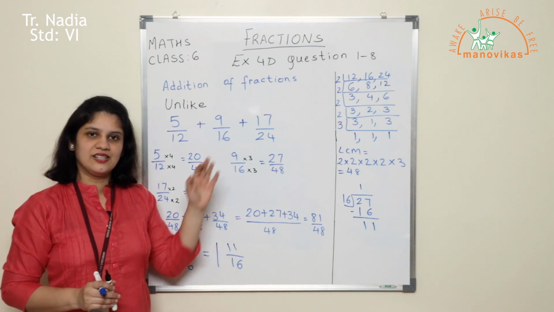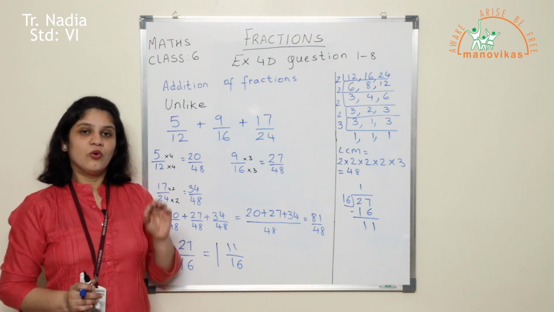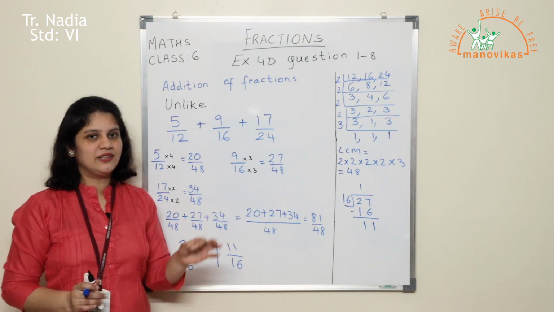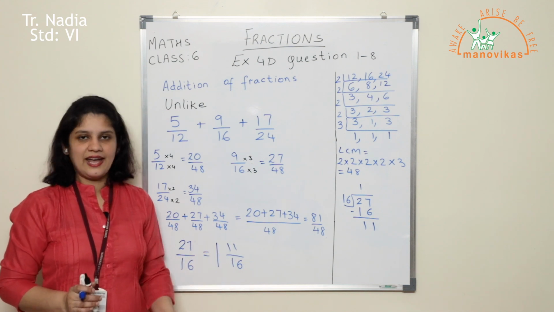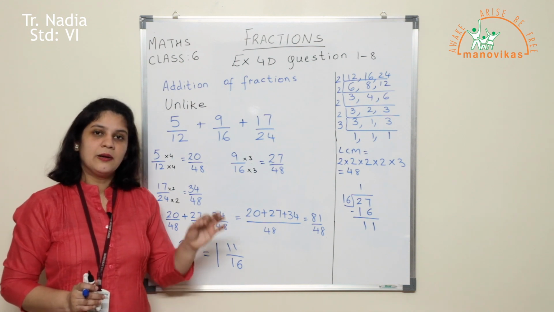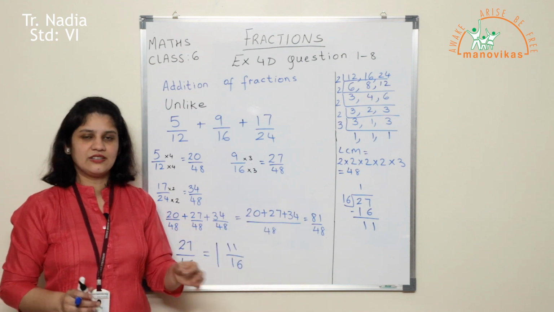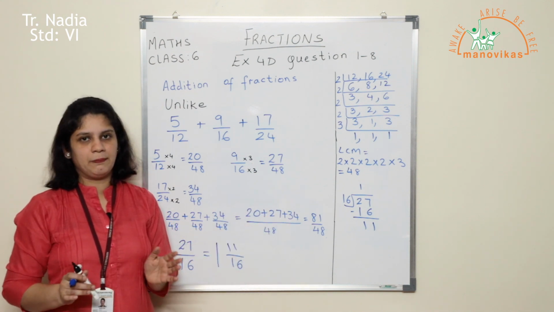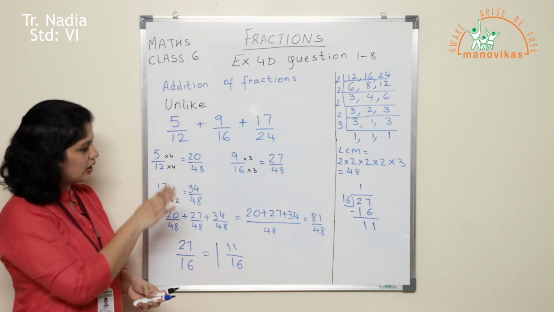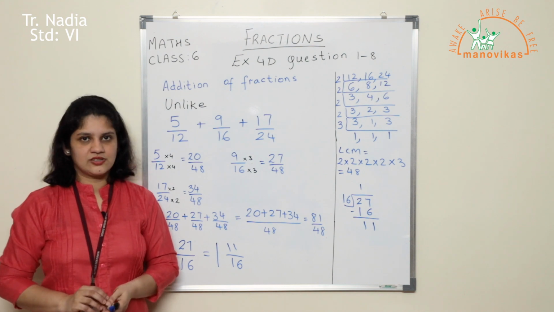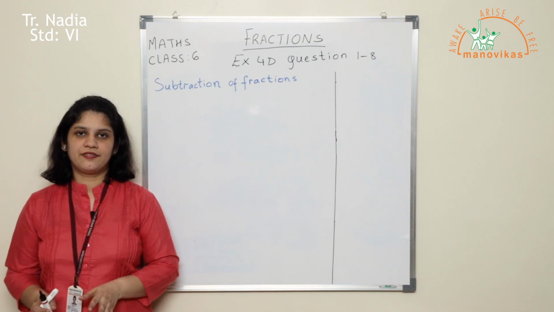Now children, remember, these are little lengthy sums. Please do it patiently and step by step. Once again, I am telling you, keep a rough paper in hand so that you can do all these calculations. If you are finding any tables or any division difficult, work it out in the rough column, or if the rough column is filled up, keep a paper handy so that you can do the division and multiplication there. So I hope addition of unlike fractions is also clear to you all.